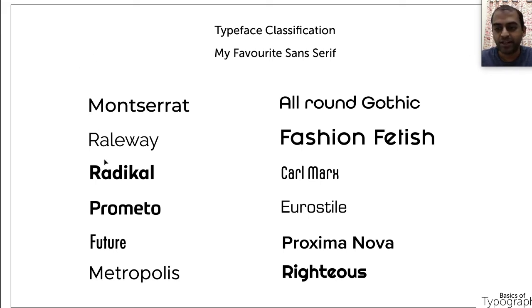Montserrat, Raleway, Radikal are very clean, neat, simple fonts. Montserrat looks great in small caps and also all caps. Even if you increase the kerning of Montserrat, it looks really great. I will tell what kerning and leading are in upcoming videos, but just have this in mind; if you have prior knowledge of kerning, it will be very nice. The same goes for Radikal. It looks fine whichever way you use it, because of its simplicity, and the readability will be there.